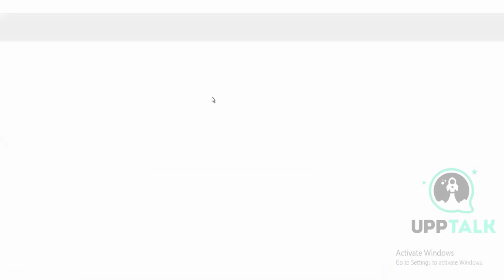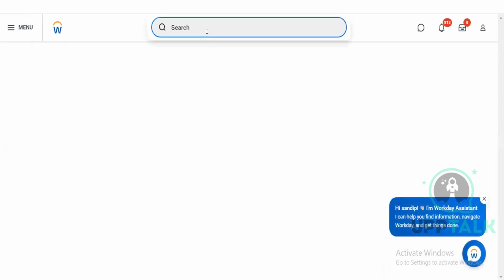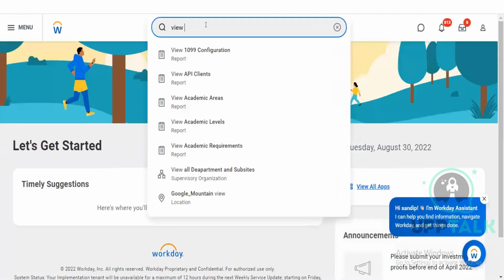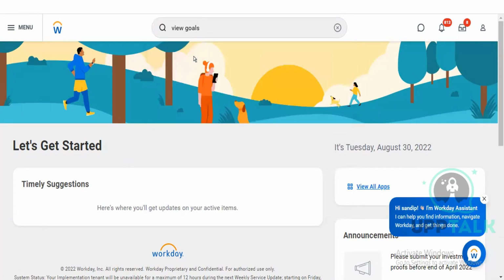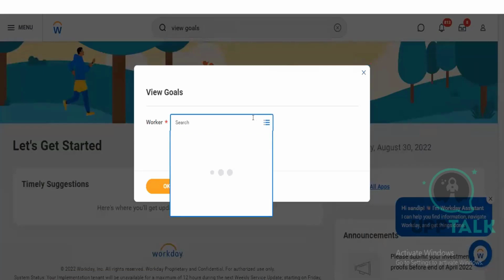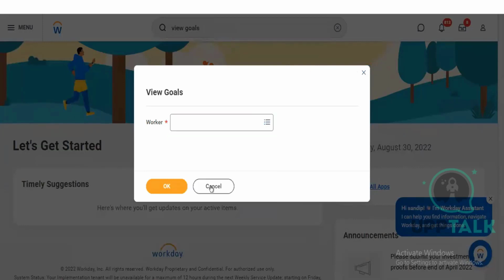And there are various reports that we can see, for example, what all goals we already have for any specific worker. We can see it from here. All these things are needed from the end user perspective, if they want to check